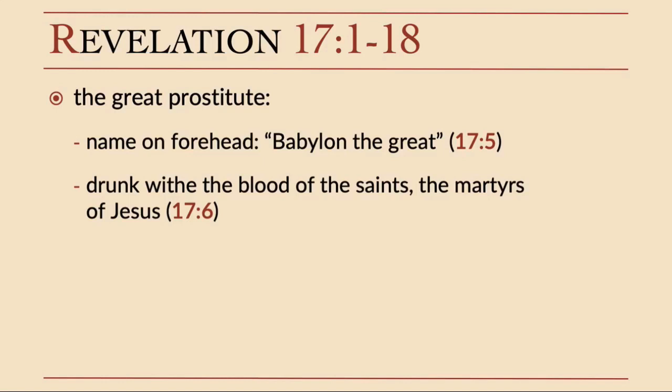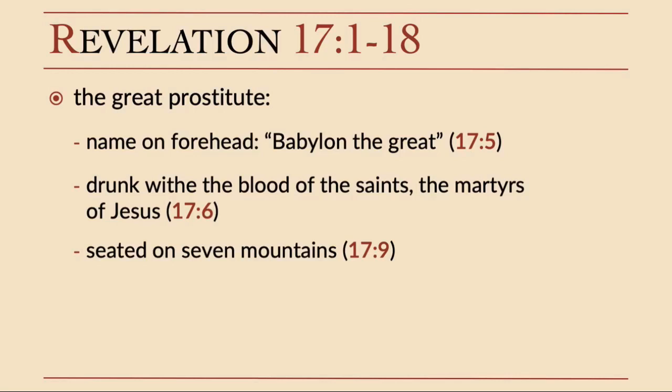This isn't a picture of a beautiful woman that's dressed very nicely. This is a picture of horror. This is a disgusting picture. And in fact, the text says that over and over, that describes her in a way that is meant to recall in the readers a feeling of disgust at seeing her. We also read in verse 9 that she is seated on 7 mountains.